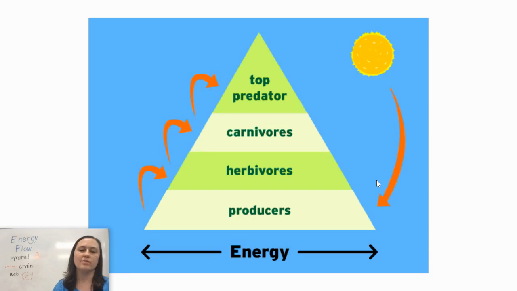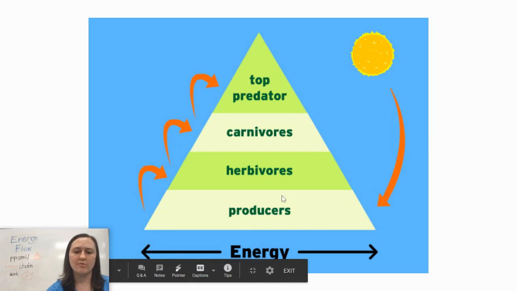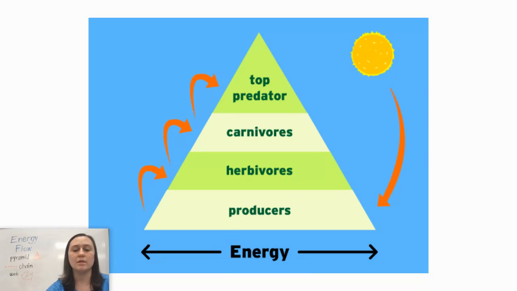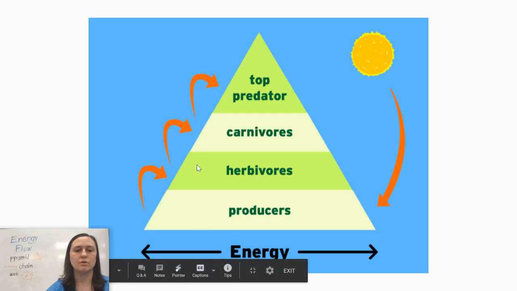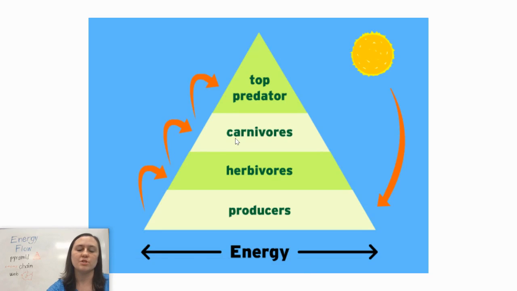So here's a picture of an energy pyramid. This is the energy. So we have producers. As we move up, we call them primary consumers, herbivores, whatever you want to call it, the thing that eats the producer. Then we move up, we have carnivores, which eat the herbivores, a secondary consumer, which eats the primary consumer. And then at the top of the pyramid, however many levels there may be, we have the top predator